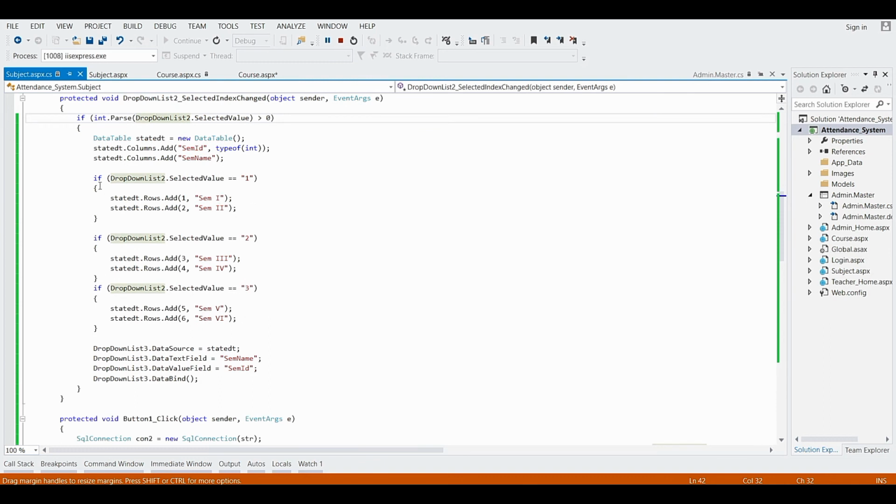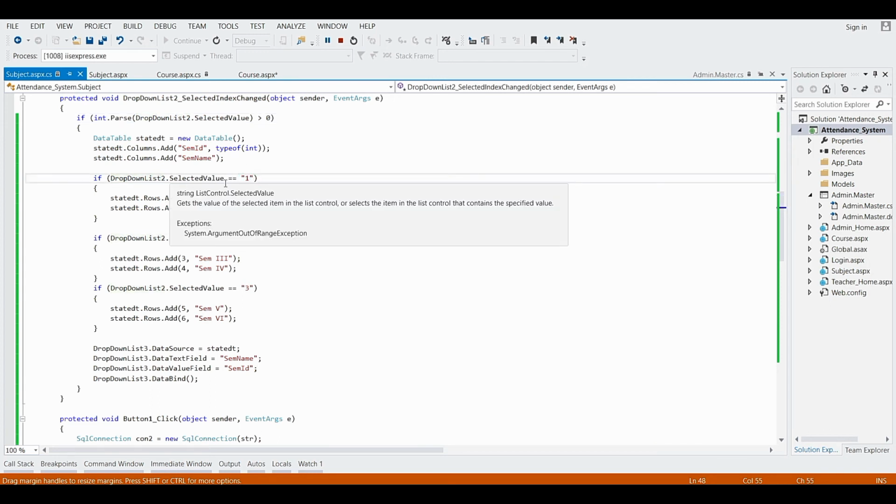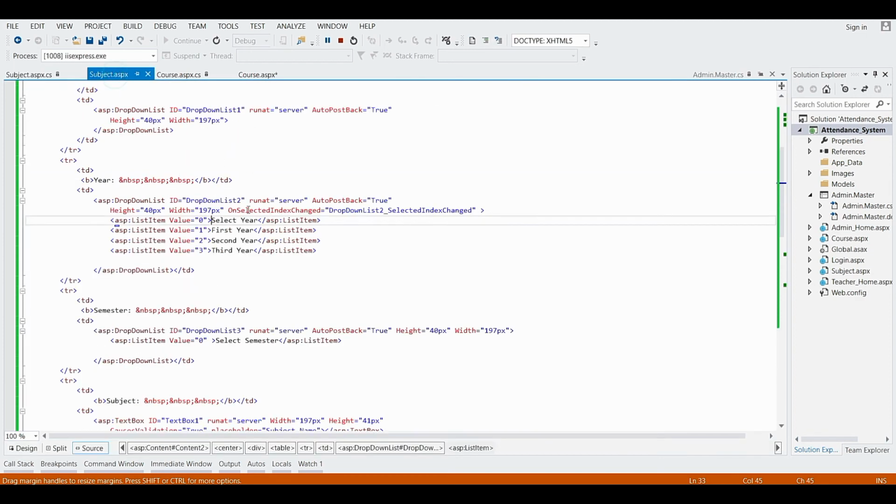Now if drop down list 2 dot selected value double equal to 1, if the selected value for the drop down list is equal to 1, which value is present at 1 index for the drop down list 2, that is first year. Okay, value 1, that is the selected value is first year.